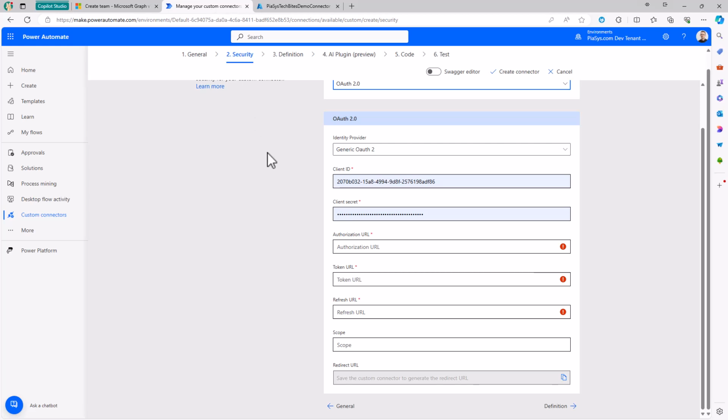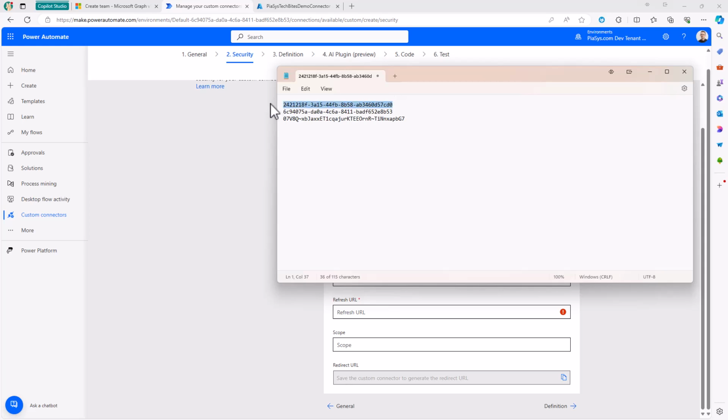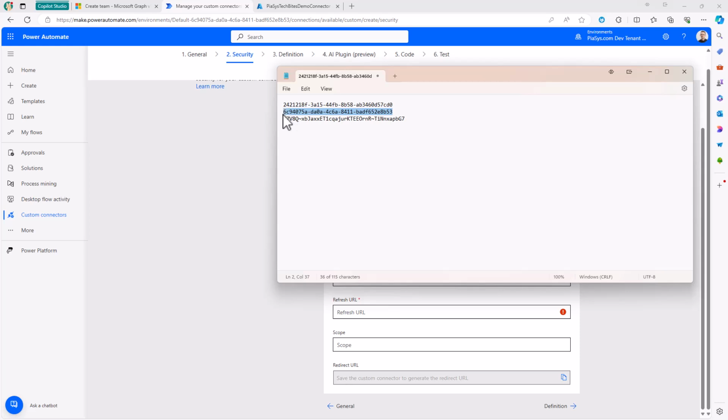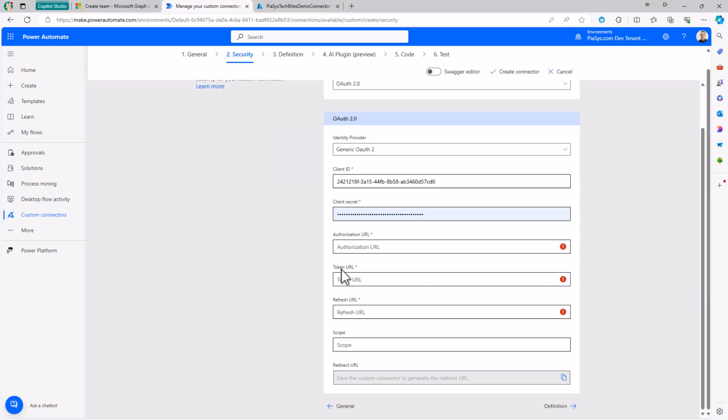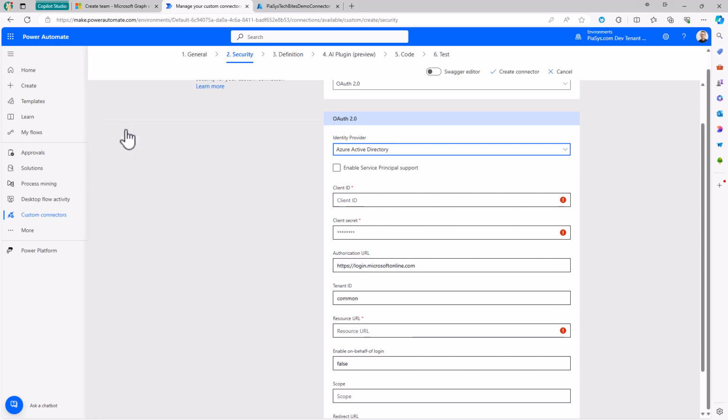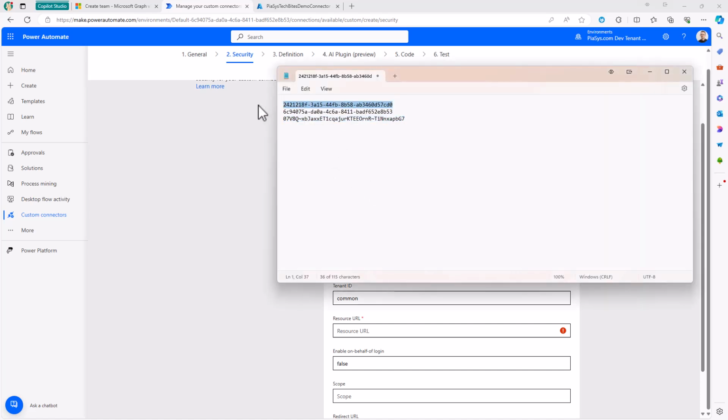So here I can specify what the ID is for my client application, which is this one. I can specify eventually the tenant ID, or I can leave it to common. I can specify the secret for my application, the authorization URL, and all the other stuff needed. But right now, here we are on a generic authentication with open authorization. I want to switch to Azure Active Directory. So I will specify again and one more time the client ID, the client secret,